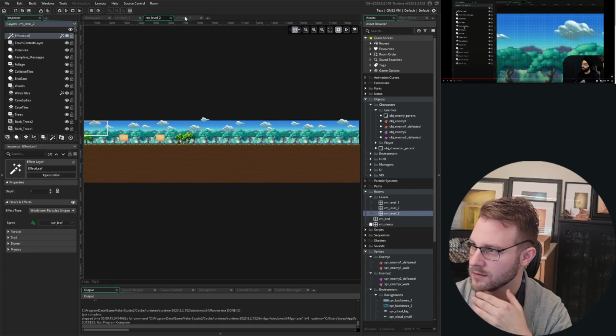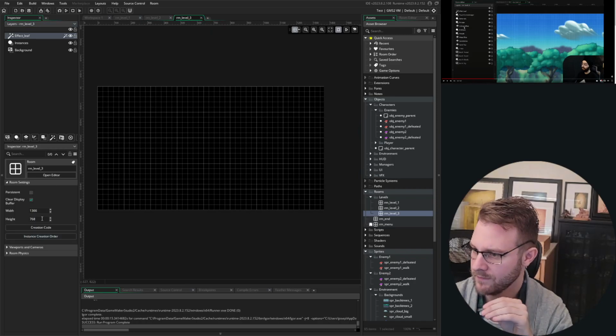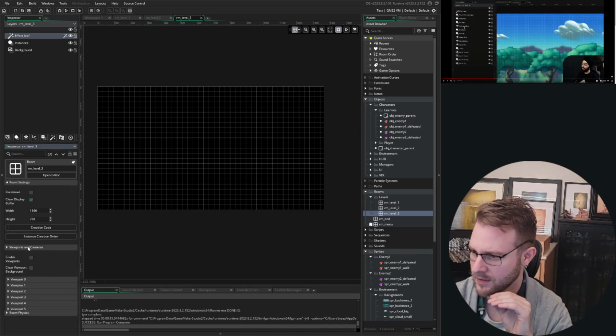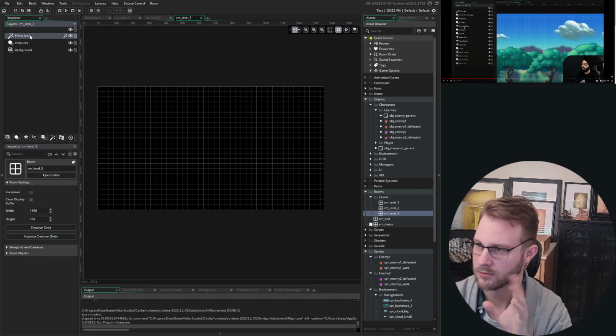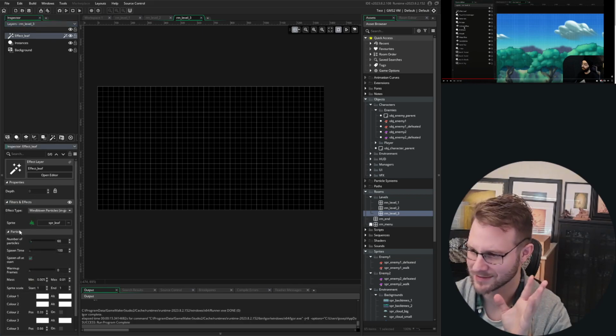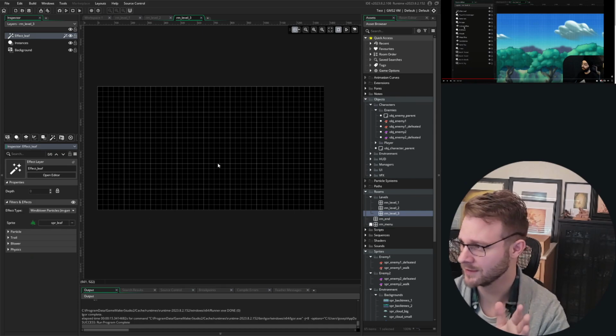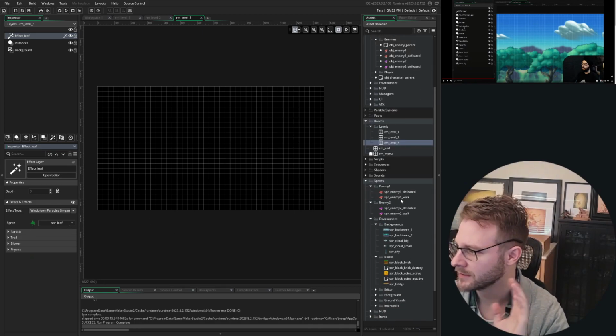Yes, that is what they use. Okay. So we have this. Viewports and cameras, not going to bother with that. Room physics, not going to bother with that. Oh, because we're not in the effect layer thing. It's like, this doesn't seem right. Great. We'll just leave it at default settings. We'll see what happens. Let's grab our background